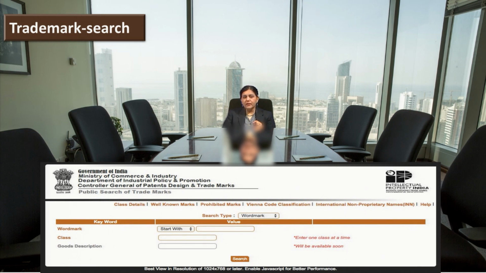Then, moving further, if a trademark search returns no matches found, then you can say there is no registered or applied trademark related to the word or query which you are planning to register. That way you can feel secure, and say that this is something completely new, not registered in India, and I can try for it. The probability is that the trademark will get registered after the examination.